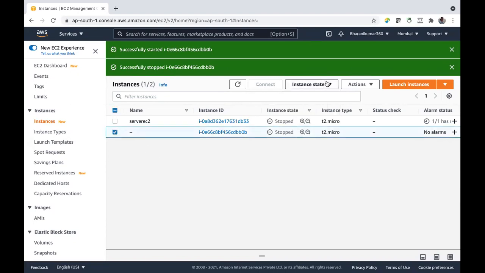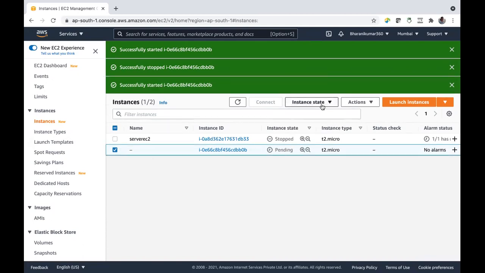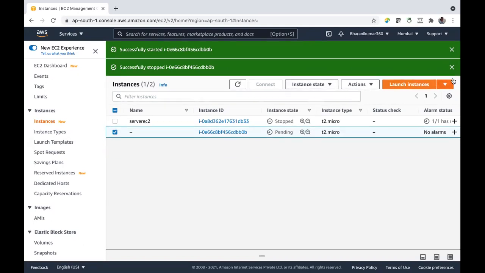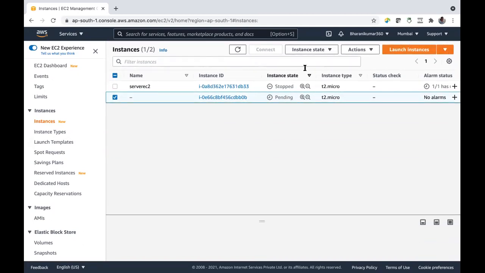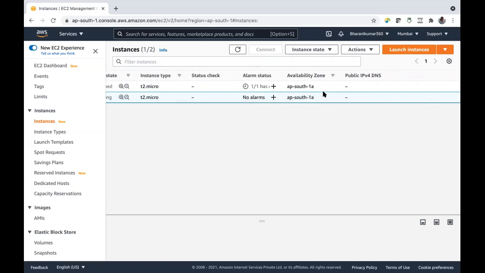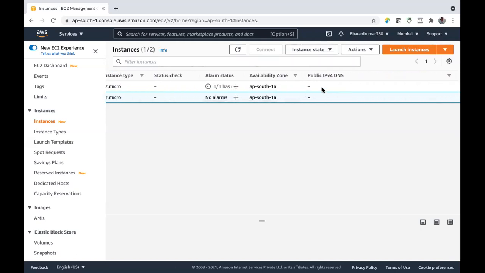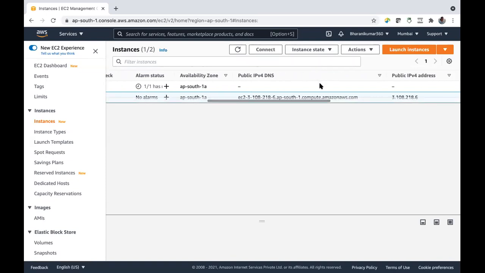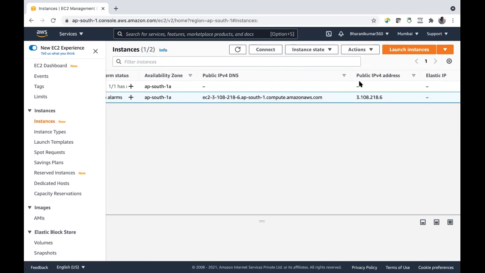Select it, go to instance state, start instance. Yes, we got our public IPv4 DNS. See, this is a different IPv4 address, 3.108.218.6.